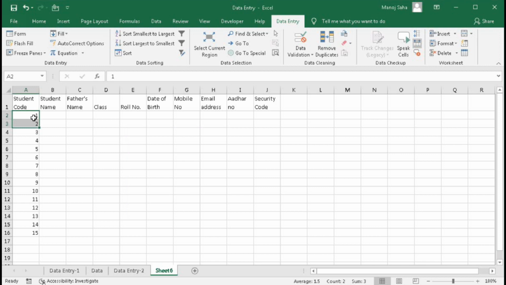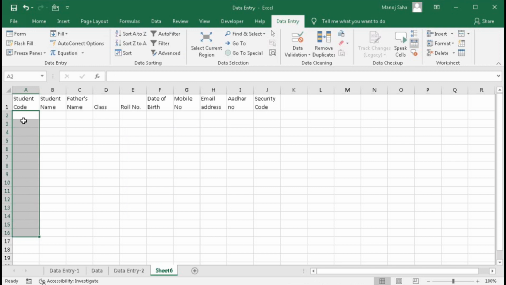But if your student code is not like simple numbers, it is like suppose S001, how will you do this? So the first process is type S001, then drag this. This is the first way. And the second way is delete this all,